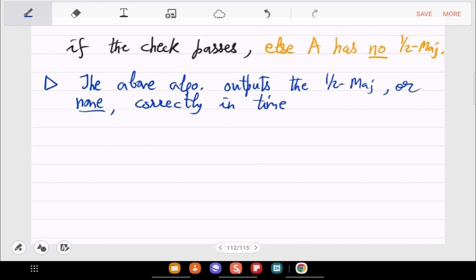And what is the time complexity? So this we have seen by halving and repetition, it's order n. Okay, so this is the linear time algorithm to find half majority on an unstructured array, right? It's not only unsorted, it cannot be sorted. Still you can compute half majority in linear time.